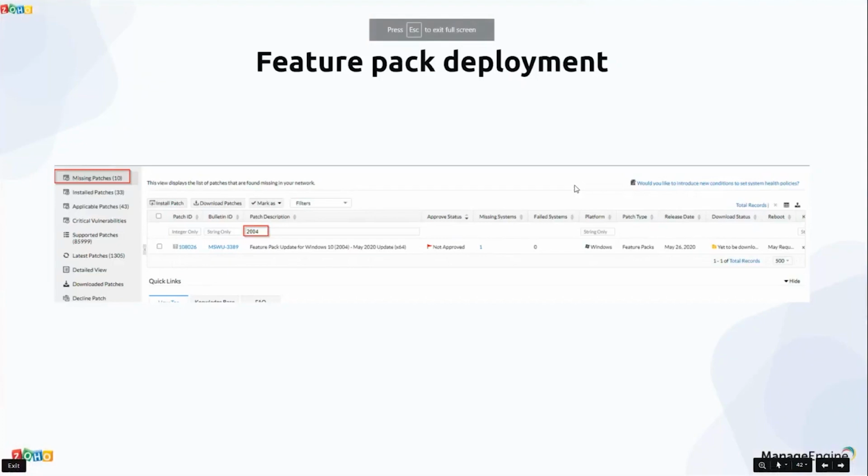Feature pack deployment. Now Desktop Central does support feature pack installations. You can directly upgrade the older versions of your Windows 10 machines to the latest Windows 10 21H2 version. You can also upgrade your Windows 10 devices to the latest Windows 11 version. We have made a dedicated article including the steps for the upgrade of Windows 10 to Windows 11. We recommend you contact the support team for the instructions, or you can immediately post your query in the chat for the expert team to assist you now.